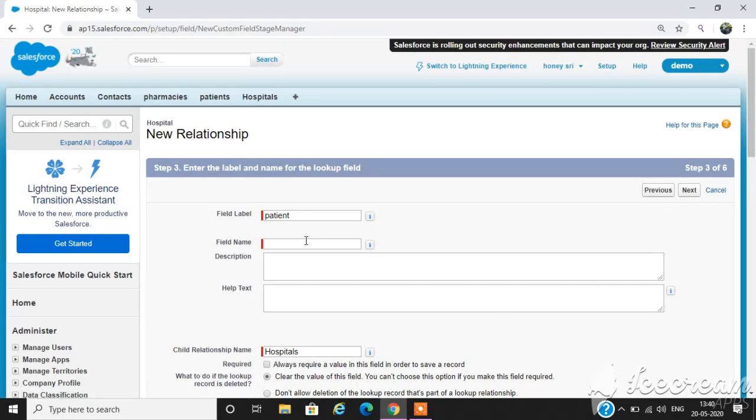Field label is automatically generated, so enter your desired field name. Here I am entering patient as my field name. Be sure to enter a valid field name and then click on next.